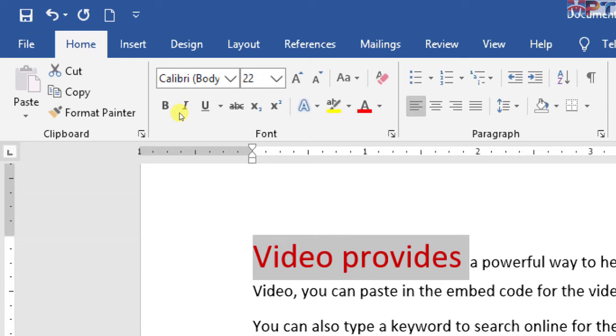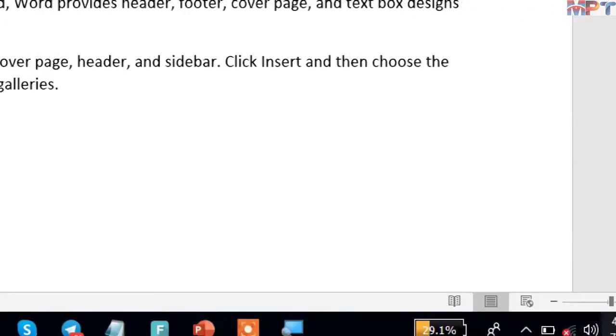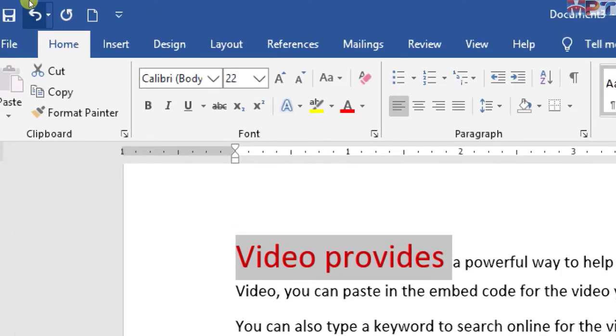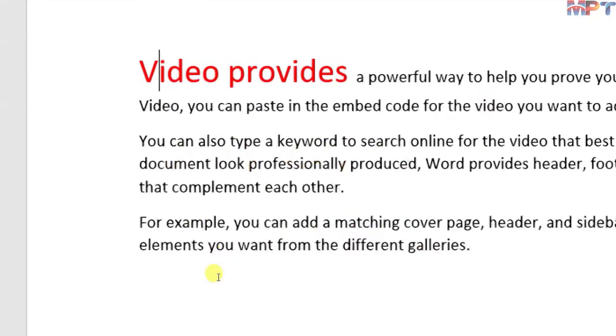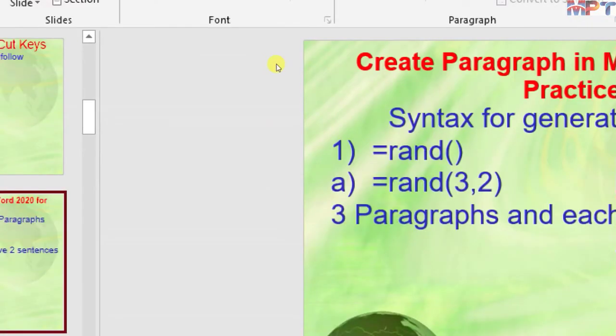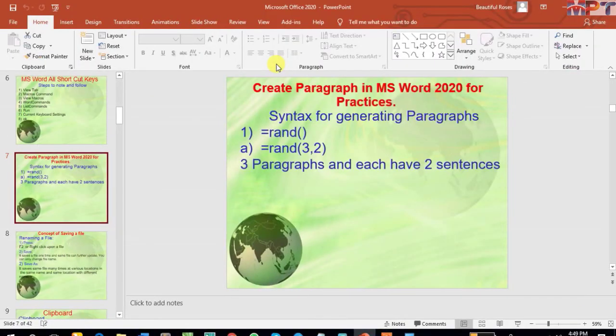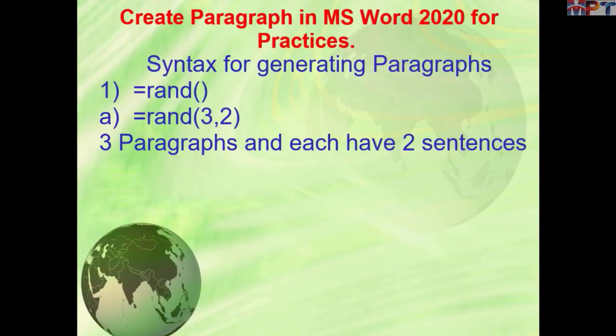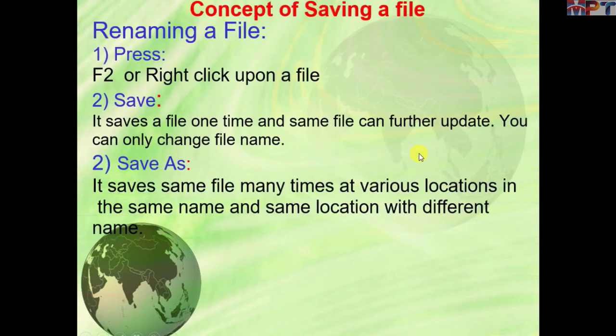Everyone in the world, you must keep in touch with MS Word, any course, and you must practice every day. Then you will become perfect. Okay, and what is the next topic? See on the presentation. Here we will have completed paragraphs and each has 2 sentences. Last one,